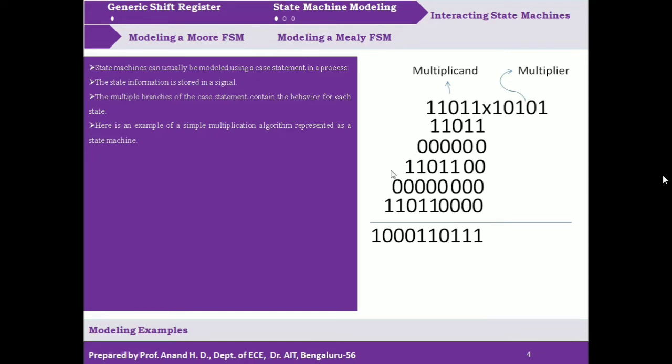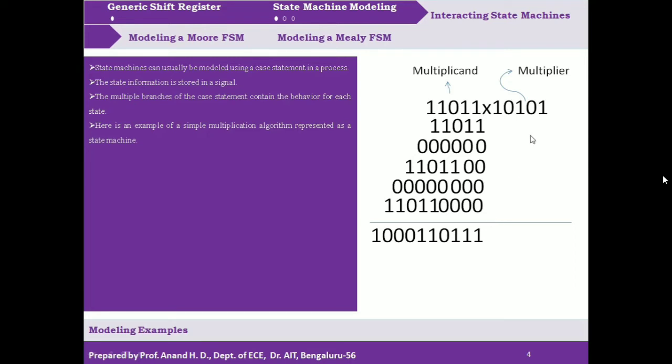Initially, multiplication will not start. Once it starts, what are the things that are going to take place? One thing is, we are going to multiply one bit of the multiplier with all the bits of the multiplicand, right? So something is required to keep count of the number of bits of the multiplier that we multiply with the multiplicand. That is one thing we should take note of. And then we are going to have something called an accumulator, which is always going to hold the final result of multiplication, or the final product of multiplication.